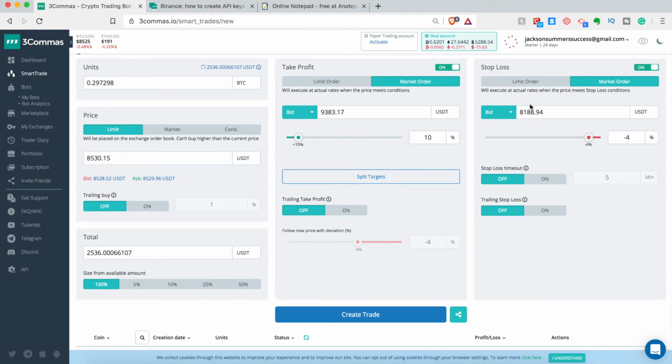So stop loss. You can set limit order or market. With stop losses, I normally set market orders, and same with take profit, I will set market order. But when I'm buying, I'll always set limit. And with market orders, I always set last price. So it will sell at the last traded price at the market order. I do that just because I've missed out on some opportunities, literally by decimals, I missed a stop loss zone or a take profit,